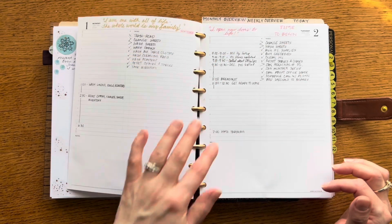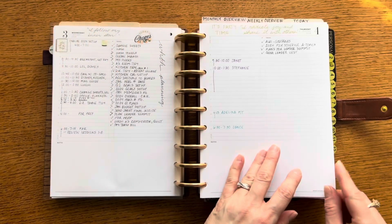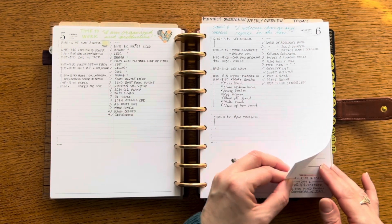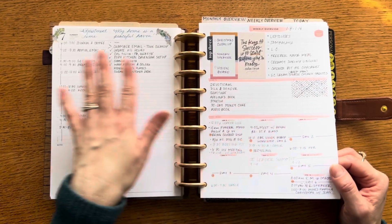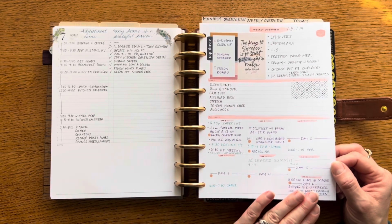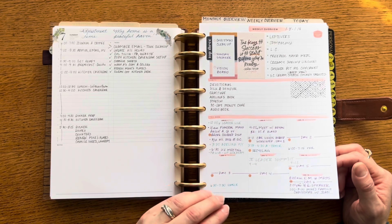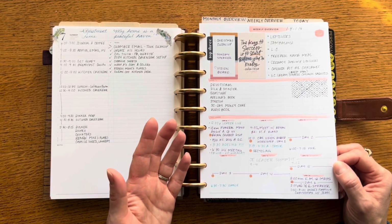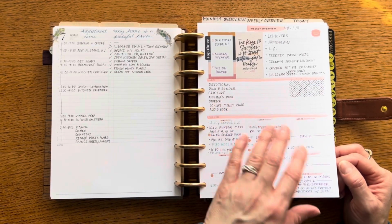And then I'll just quickly flip so you can kind of see how some of these pages filled up. You know, some at the beginning, I was using these pages more, and I always like having this space where I can really just brain dump. I can use it for a big checklist. I love this weekly overview page. It's just the right amount of an overview of how the week is going to go based on our appointments